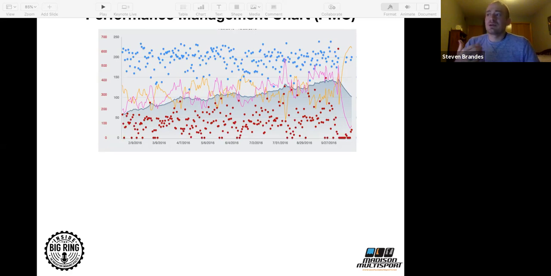A lot of times you can look at training, and if your blue graph at the bottom is not moving, then chances are your training isn't hard enough. You're not putting workouts in there that are challenging enough to elicit a good response, which means you're not getting fitter, which means you're just training to exercise. And that's cool if that's your thing, but most people are in the sport to see improvement. So your graph should look like this. At some level, it should be going up, right? You should see big pink dots and you should see declines, okay?